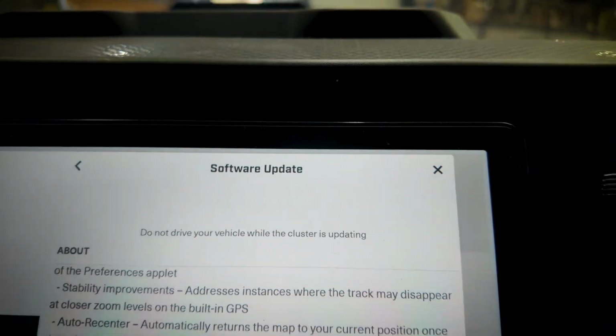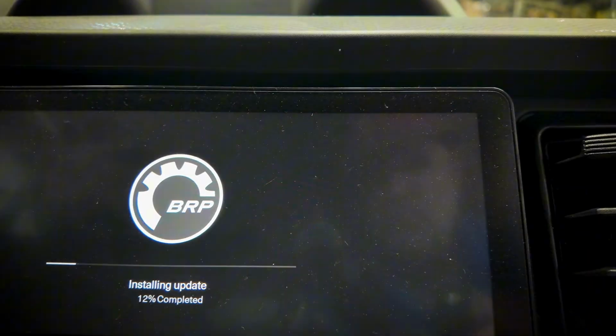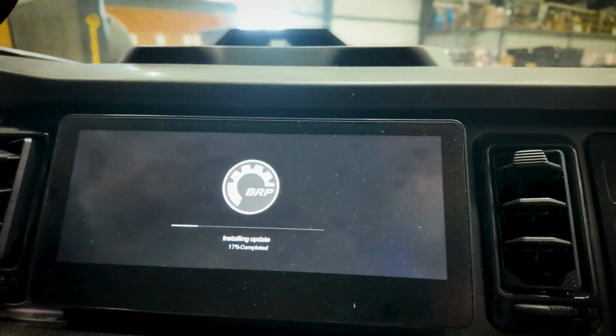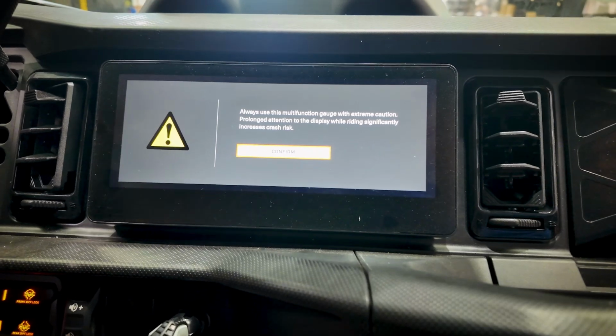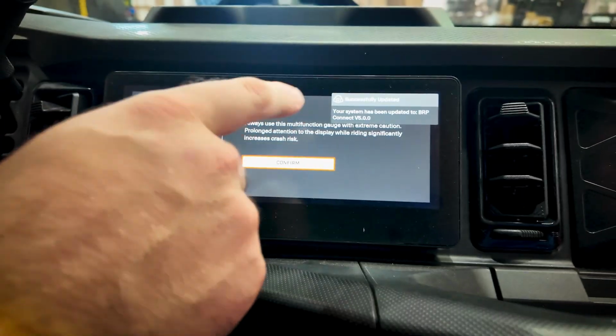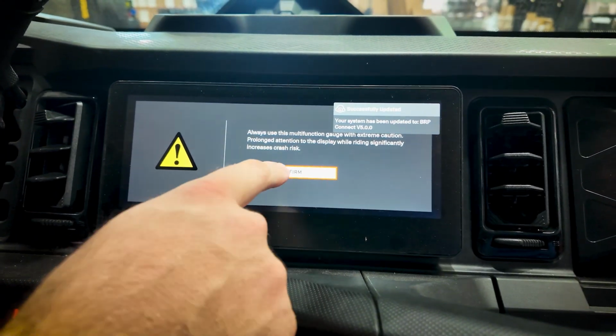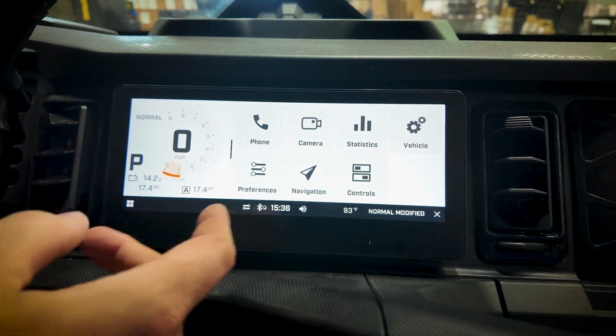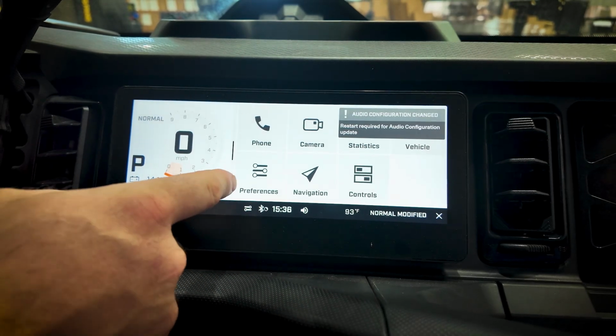And it'll give you instructions: do not turn your vehicle off. And now it's going to shut down and reboot back up. Alright guys, so after it rebooted, it says that it's been verified, so you'll press confirm like normal. So then you can go back to the preferences,